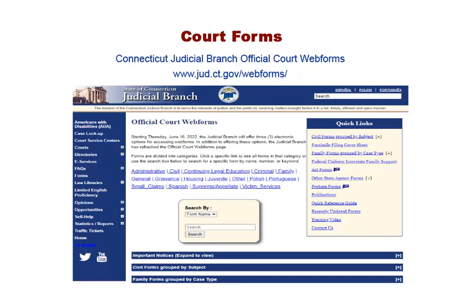For Form JD-CV-107, on the Official Court Web Forms page, click on the plus sign following Civil Forms grouped by subject. This will display more links below. Click on Forms to File if you would like to have a judgment opened. The next page provides information, links, and instructions on the forms needed and the process.